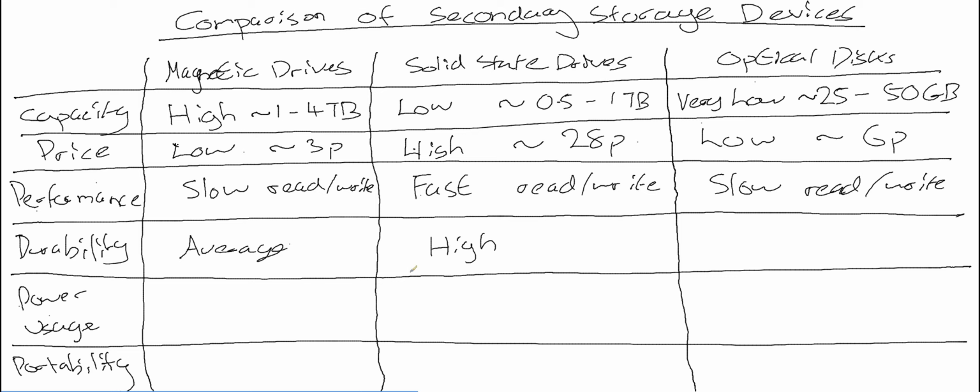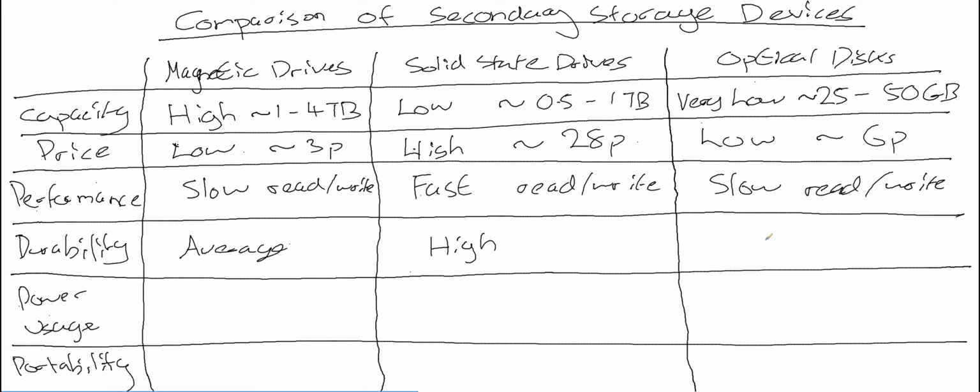Solid state hard drives have a high durability because you can drop them and they'll be fine. Throw them about to a certain degree and they won't be damaged. So much higher durability than a magnetic drive. If you dropped a magnetic drive, depending on how high the drop was, it might not work if you tried to use it again. And optical drives then,